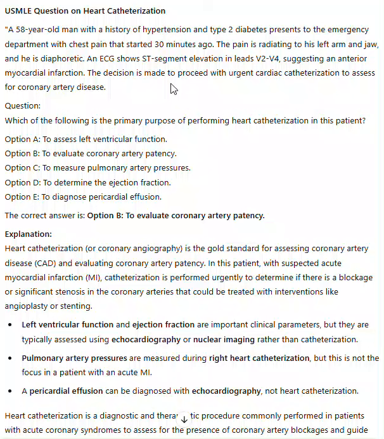Here's a USMLE-style question focused on heart catheterization. A 58-year-old man with a history of hypertension and type 2 diabetes presents to the emergency department with chest pain